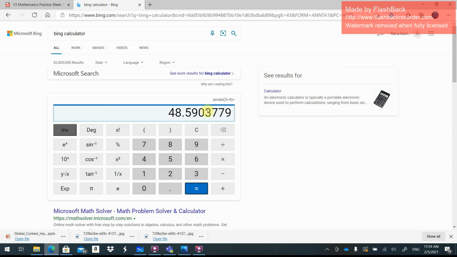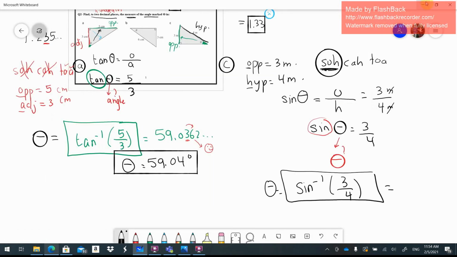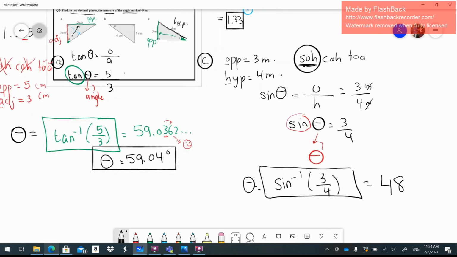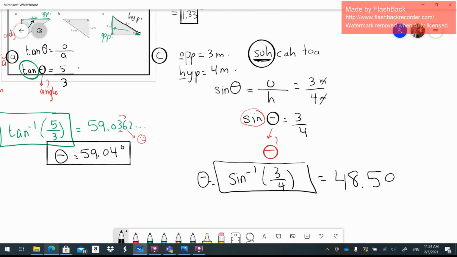You will get 48.590 something, etc. Now I'm going to round to the nearest hundredth. This is what they asked me to do. So therefore, I'm going to search for my neighbor. The 0 is a weak number, so you will not add